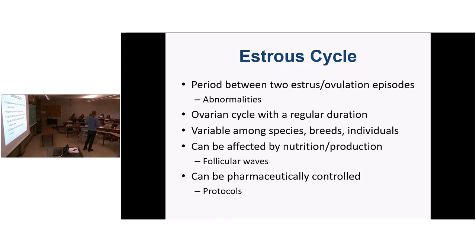Once it goes to the application, you're going to see that, yes, you can probably maneuver that a little bit. You can manipulate light to have, for example, sheep or horses start cycling earlier during the season. You can do that. You can have different kinds of feeding strategies during breeding seasons in order to improve reproduction. You want animals from a body condition score state, obviously not to be too thin, but you also don't want them to be too fat. You have both ends as well.